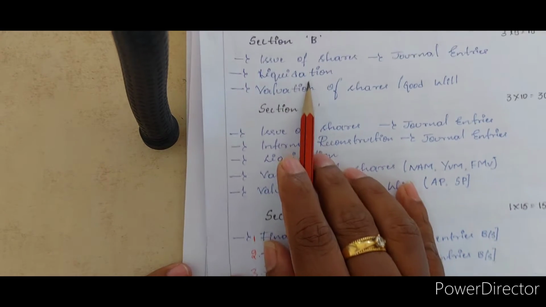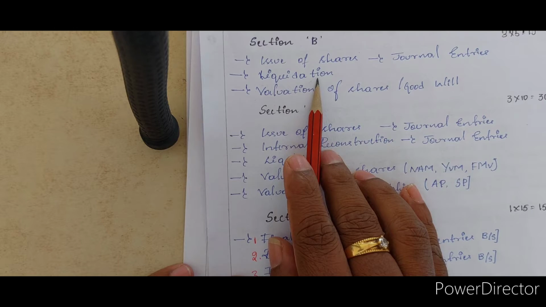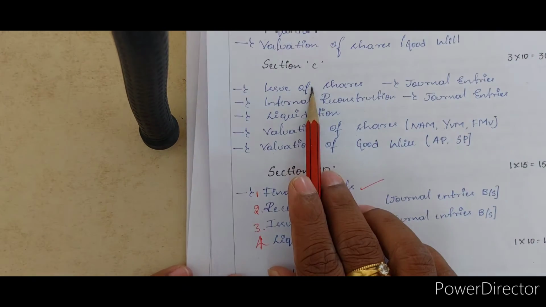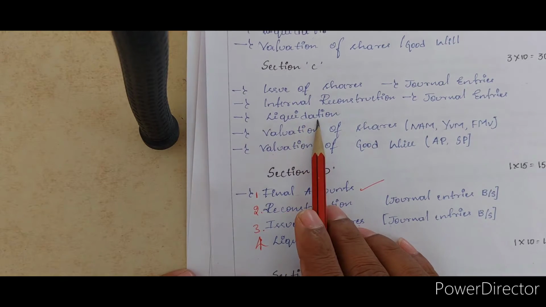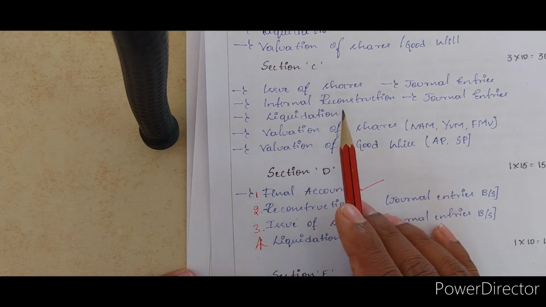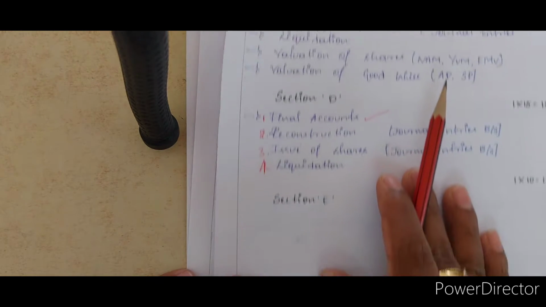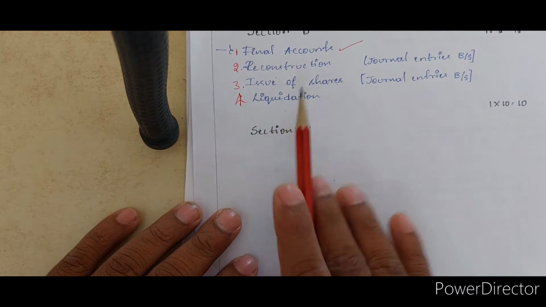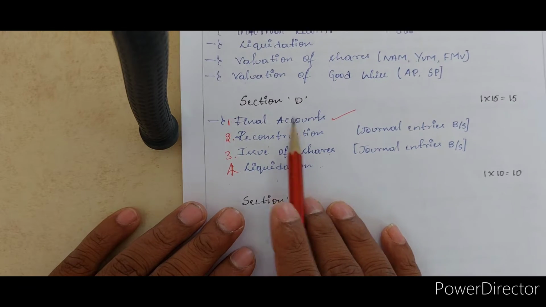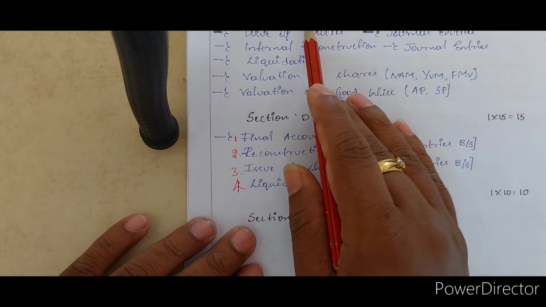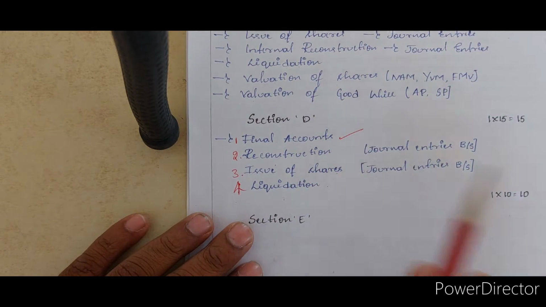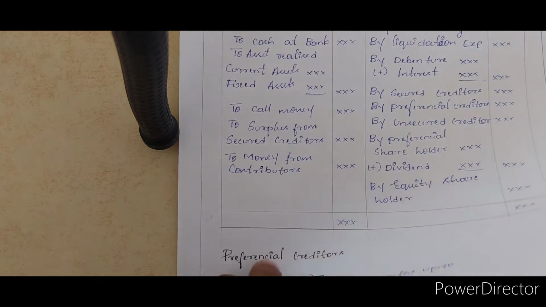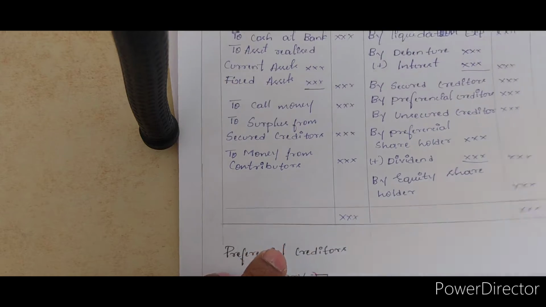See here, under section B, a 5 marks liquidation problem, and under section C, one question on liquidation may be asked. That means for 10 marks it may also be asked under section C, or else a problem will be asked on liquidation under section D for 15 marks. 5, 10 or 15, so this is very important. Keeping in mind 5 marks, 10 marks and 15 marks,